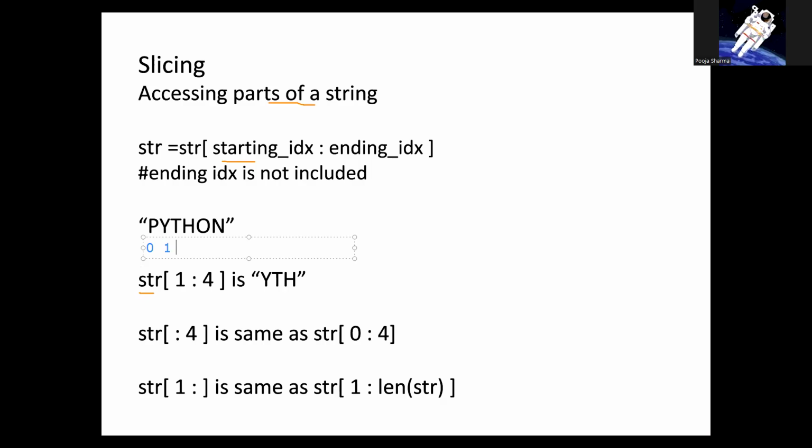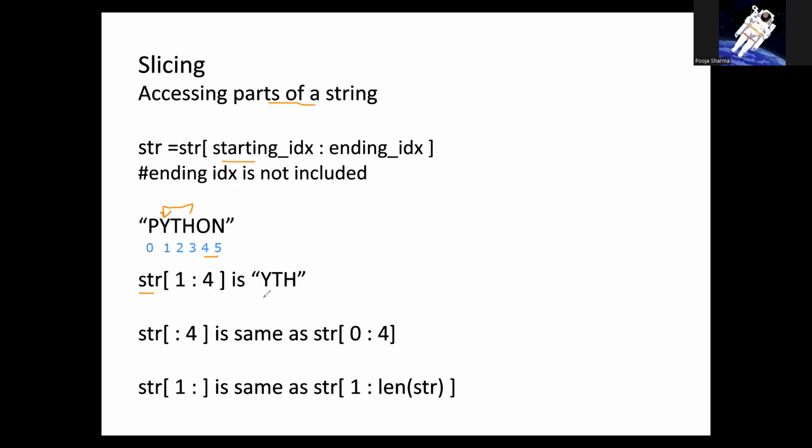The index of Y is 1, then 2, 3, 4, 5. Right? This is how it is. So what I am saying is, I want a string starting from 1, right? So it will give you Y. Then 2, then 3, and the last index will not be printed. This is the rule. So if it's 4, it will print till 3. So the output is